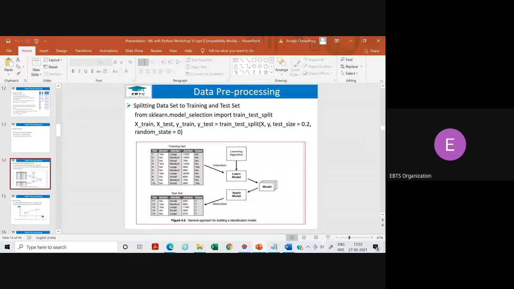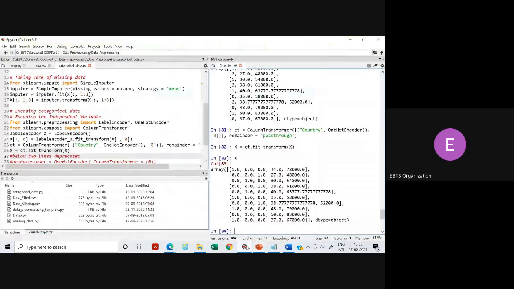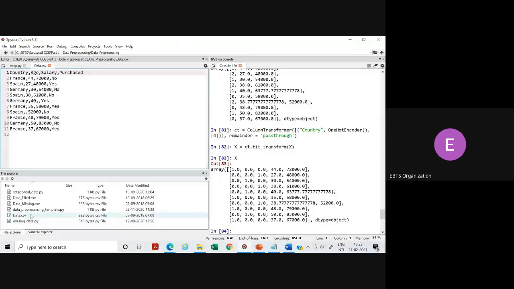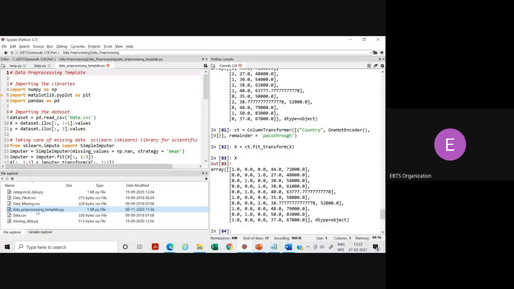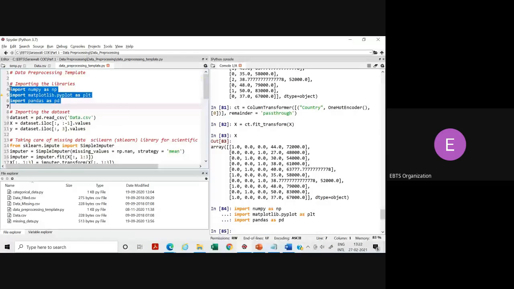So what I will do is go back and show how this works. Let me close this. I will open another file called data preprocessing template.py. Again, I will do the same thing because it's a new file. I will again do the import. Now let me take 3 at a time just to save time. Then I will take